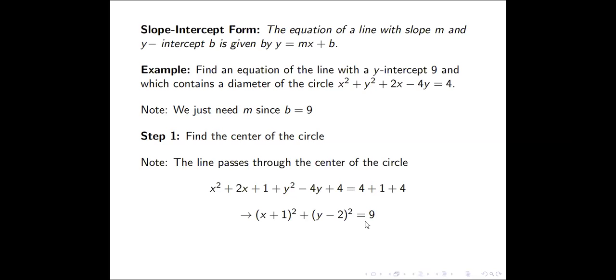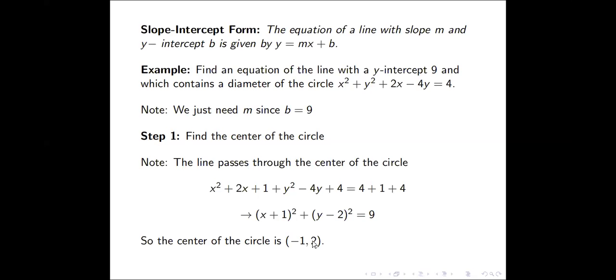It's not always the case. So we know from the right-hand side that the radius of the circle is 3, but actually in this problem, it's not needed. In fact, even if you get an incorrect radius here, you will still get the correct answer for the equation of the line, assuming, of course, you did the other things right. So from the equation, we can now tell the center to be at, so you equate each factor here to 0. So we know the center to be at -1, 2.